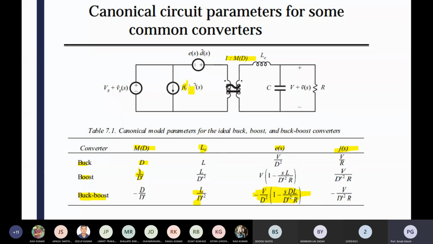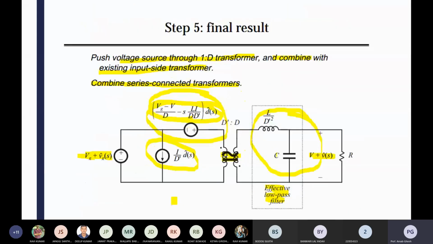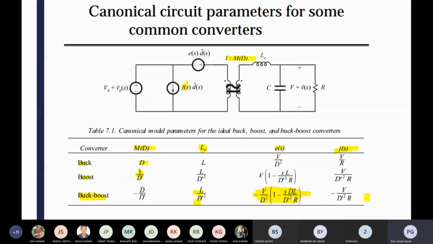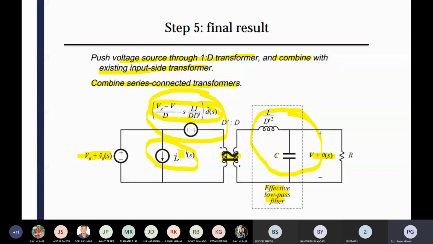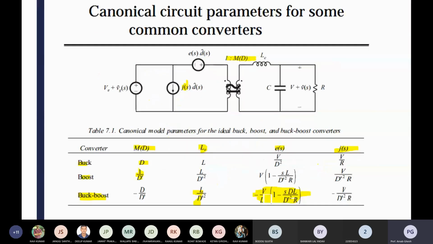That JS is coming from here, I by D dash. If you have that value, you can replace the value of I, so you are able to find out that value. It is coming V by I equal to what? V by R, I equal to V by R. Again that R you are transferring to here, so again that D dash term will be there. That's why you are replacing that value.